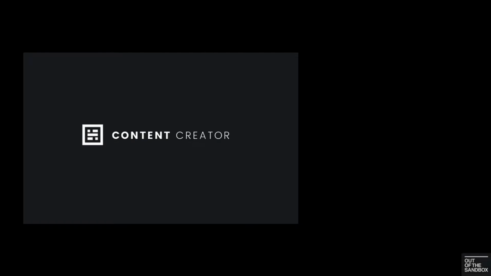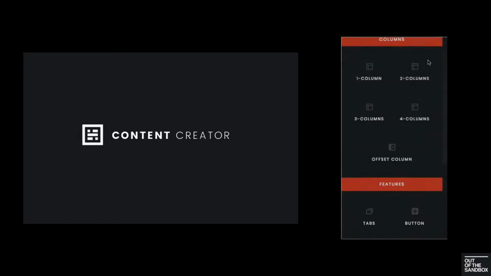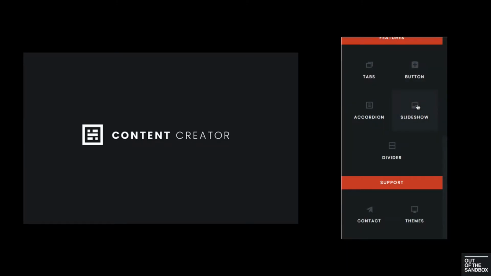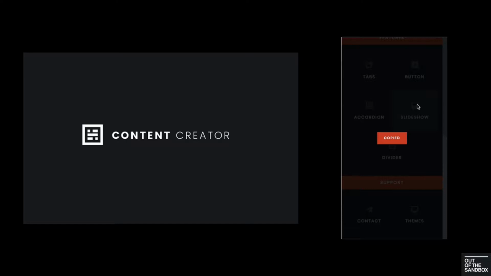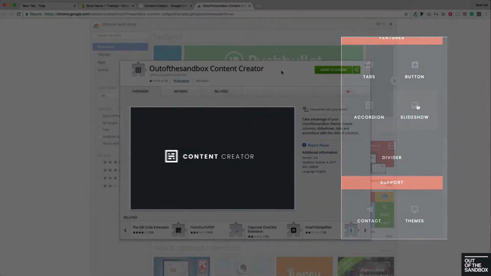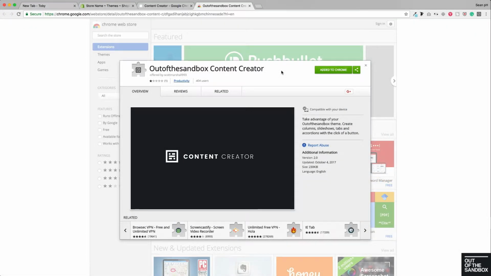This is an extension for the Google Chrome web browser that will allow you to automatically copy pieces of HTML code that you would need to create various layouts and features for your custom pages of your Out of the Sandbox theme. So if you'd like to follow along with this video guide, go ahead and install the Content Creator